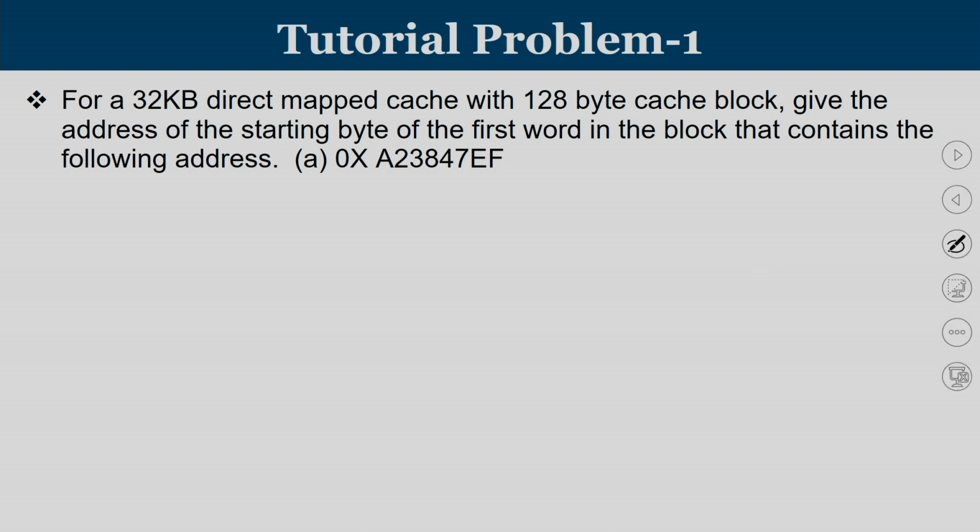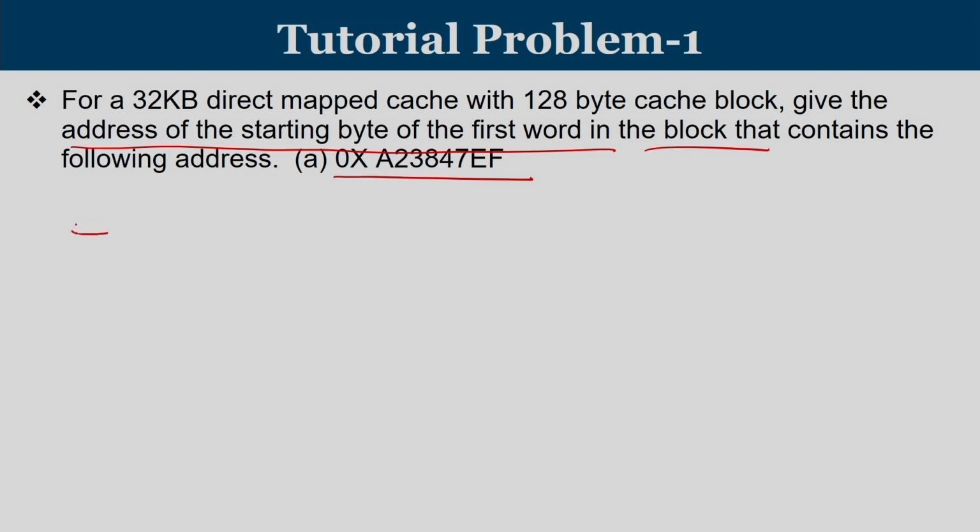The processor is giving an address like this, and the specifications of the cache memory are given. Whenever this particular address is given, a block of data is going to be identified. What is the address of the starting byte of the first word that contains this particular address? The first thing that we have to do here is find out the split